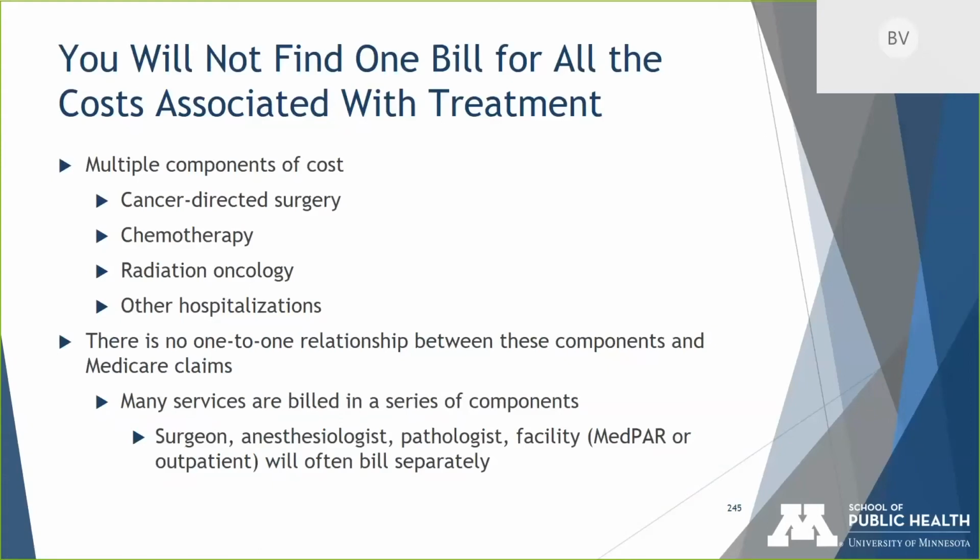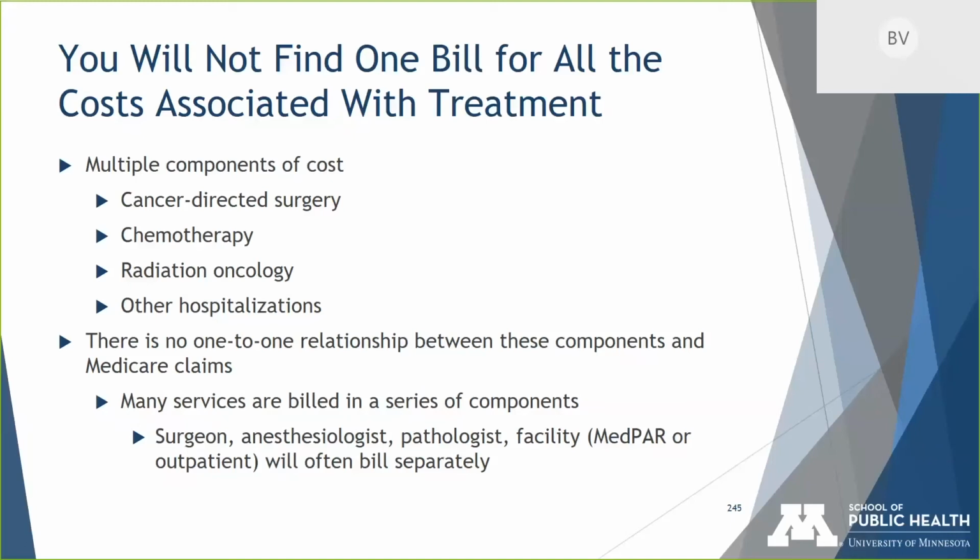If you really want all of the cancer-related costs, you may need to look for chemotherapy, radiation oncology, and other hospitalizations that may be related to a cancer. This is not a one-to-one relationship between each of these components and the bill. So, for example, for surgery, you may find the hospitalization where the surgery took place. That will cover the patient's stay, their bed, their nursing care, the facilities, maybe some of their imaging that happened,